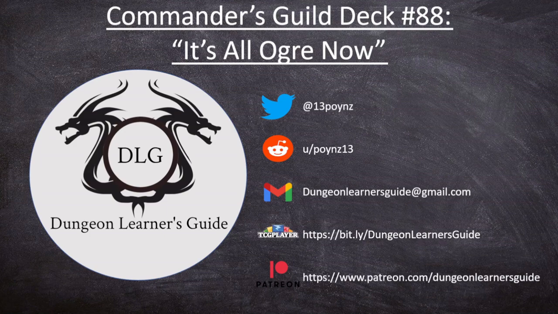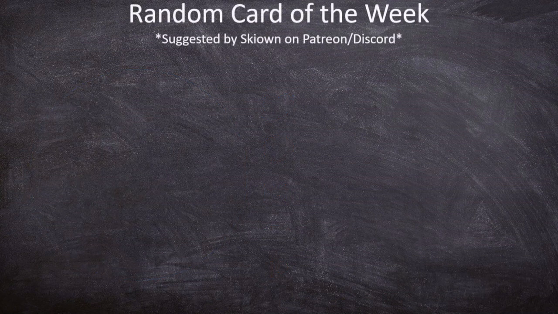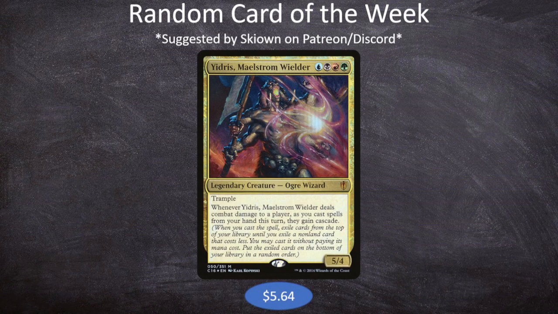So first up, we got to talk about our random card of the week, which is suggested by Scowan on Patreon or Discord. That's Calvin. He's a great guy. So obviously he's going to have an amazing suggestion for us. And this week, no exception, we have Yidris, Maelstrom Wielder. So Yidris is blue, black, red, green for a 5/4 legendary creature, Ogre Wizard. Trample. Whenever Yidris deals combat damage to a player, as you cast spells from your hand this turn, they gain